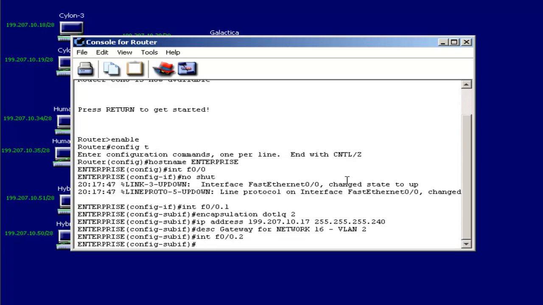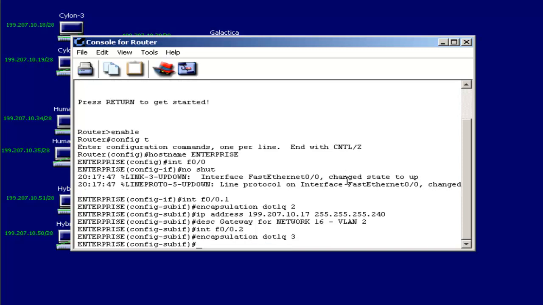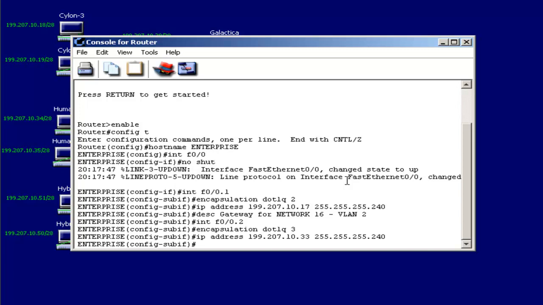0.2 will be my next decimal value, and I need to specify encapsulation, and I'm going to do .1Q again for 802.1Q, and my next VLAN was 3, so specify 3. IP address 192.168.10, and it's network 32, so my first valid IP would be 33, and that was the gateway. Class C subnet. Again, in the last octet, subnet it as 240 for the mask value, and I'll set a descriptive string. In this case, we'll call it gateway